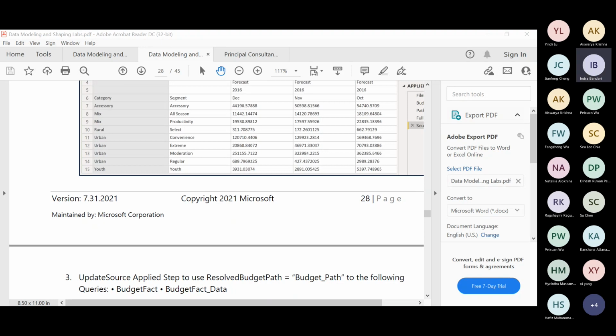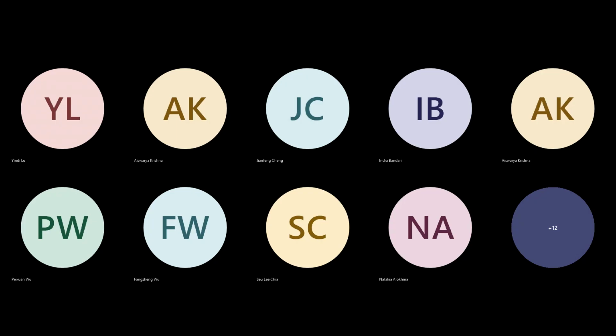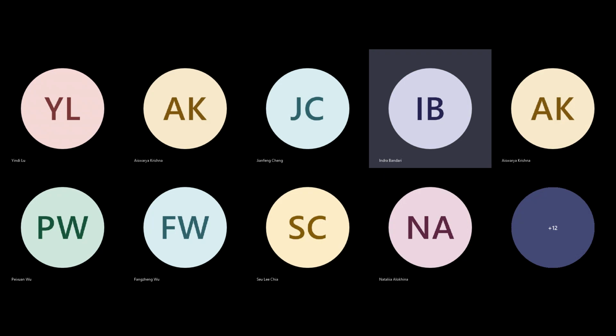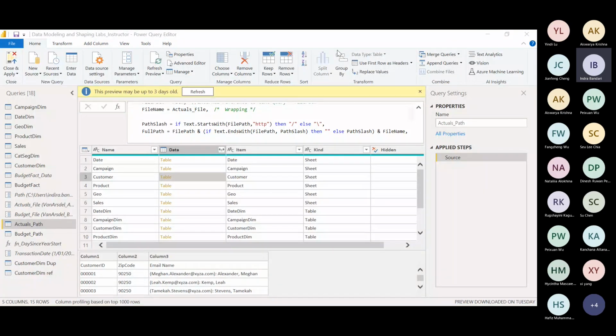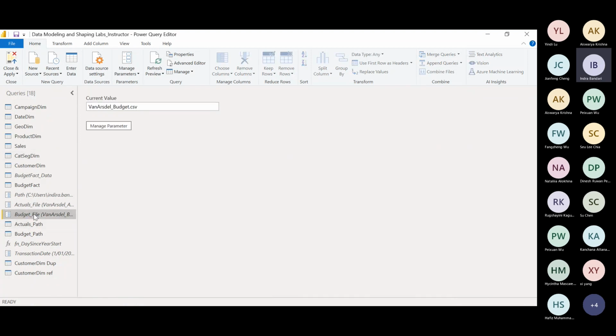If you look at it, the main change is budget underscore file, which is nothing but the budget underscore file variable. So I don't know what I was sharing, but I'll share the Power Query editor so that it's easy for you to understand. So here, see budget underscore file is the parameter. So this parameter, budget dot csv, is the